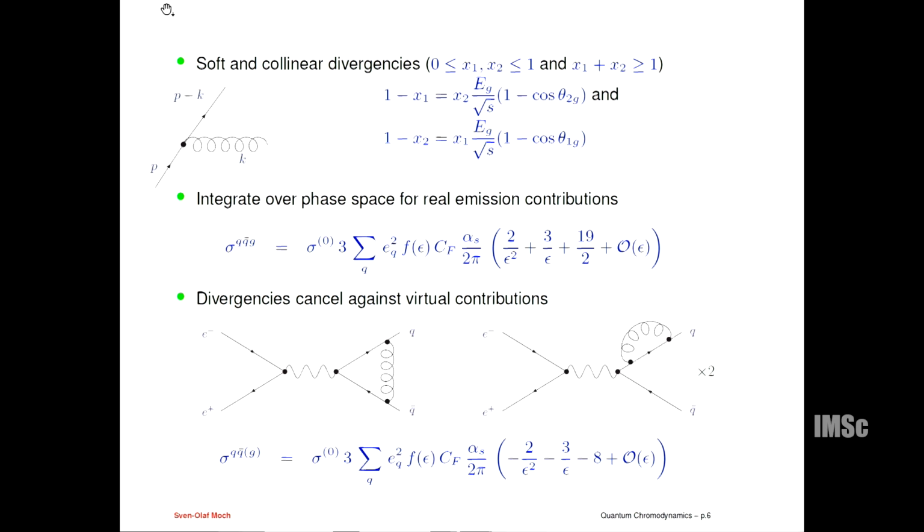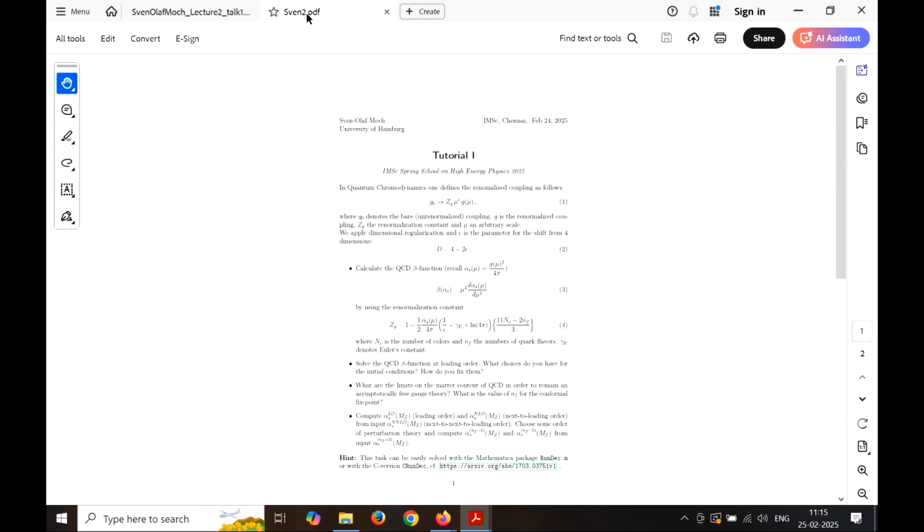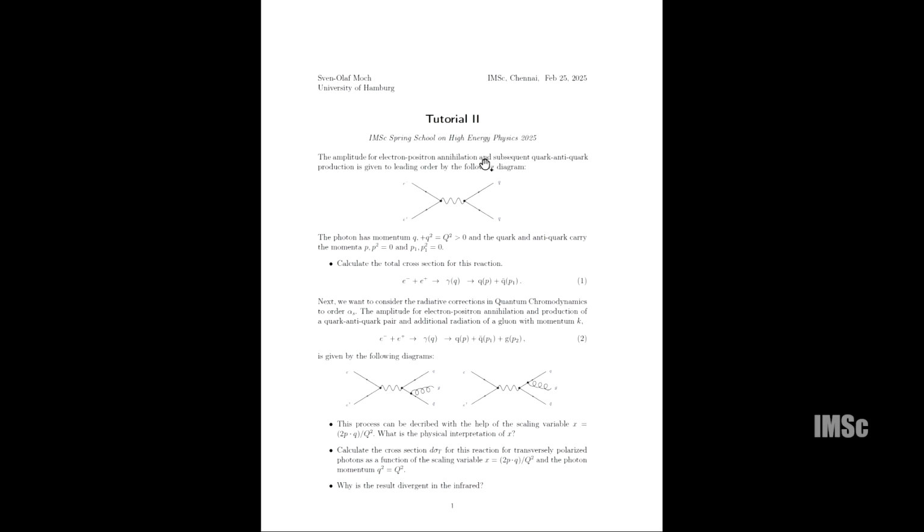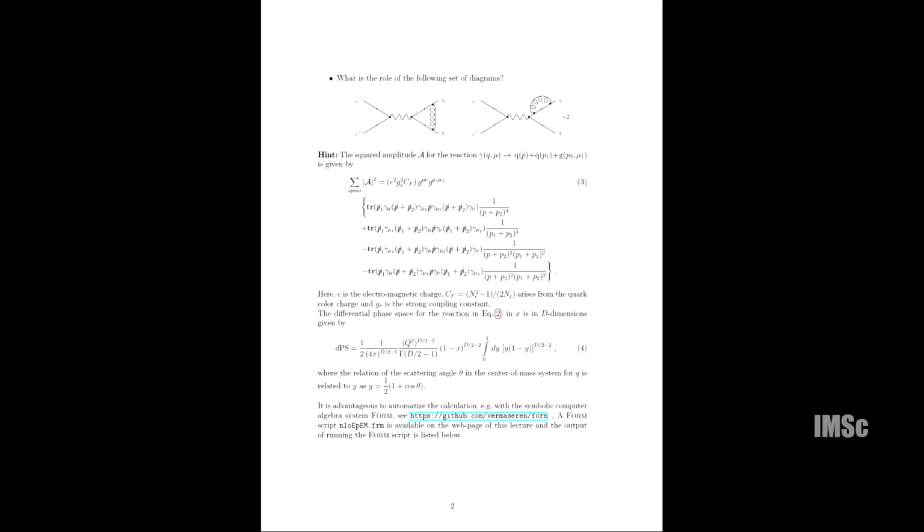Okay, so I think the time is up. Then let me just flash to you the... So basically, in case you haven't had enough from this process, you just go through the various steps. You look at the Born cross-section, you look at the real emission diagrams, you basically square the amplitude, you just do the math yourself. So I've given you some guidelines. I've also given you a parameterization of the phase space that you can look at. And you can go through this with pencil and paper.